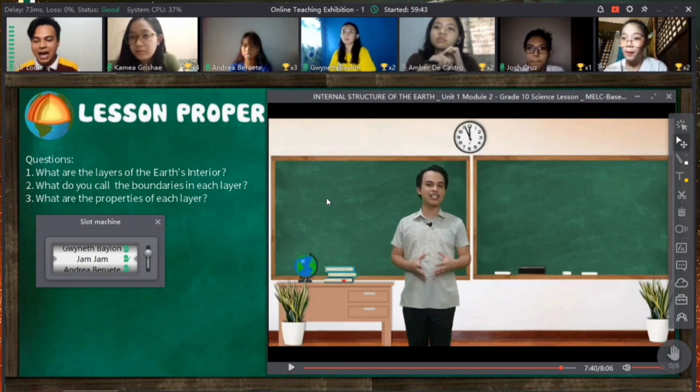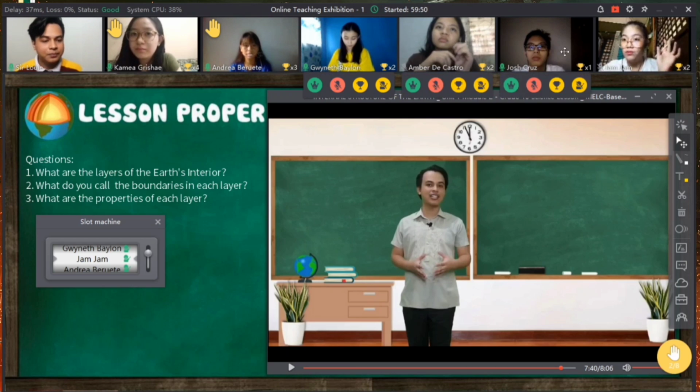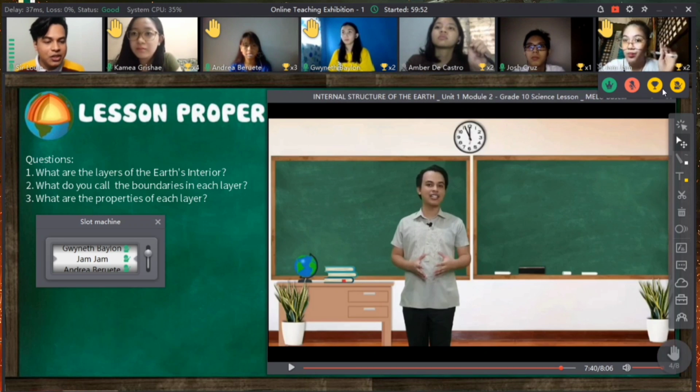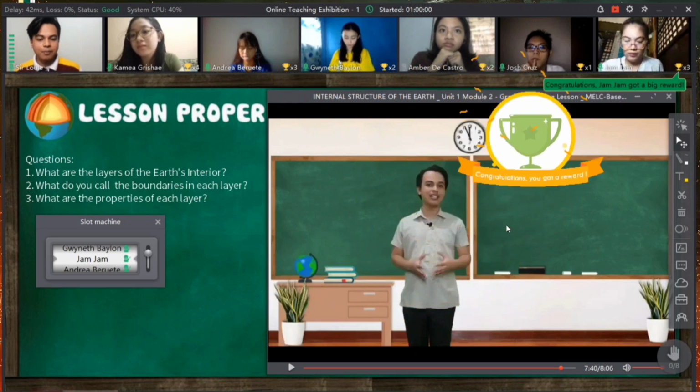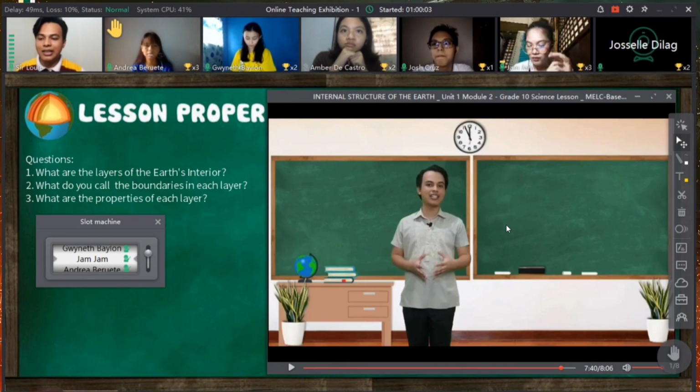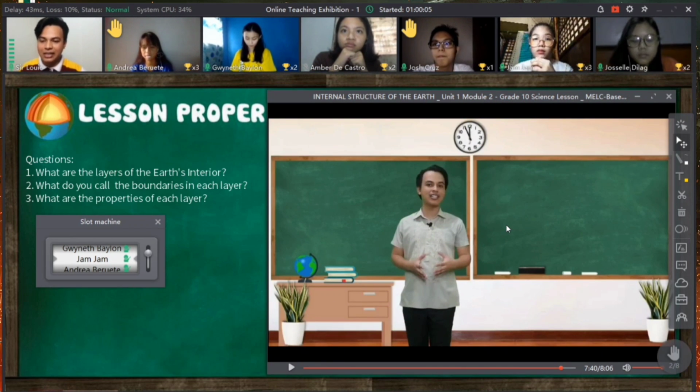And for the last layer of the Earth's interior, we have the crust. So what can you say about the crust? Any volunteer? Jamila. There are two types of crust, continental crust and oceanic crust. Okay, very good. So it has two kinds, the continental crust